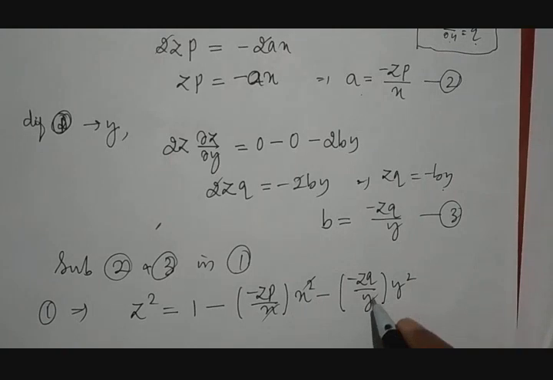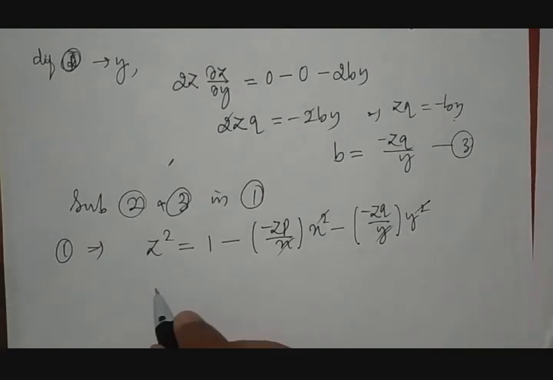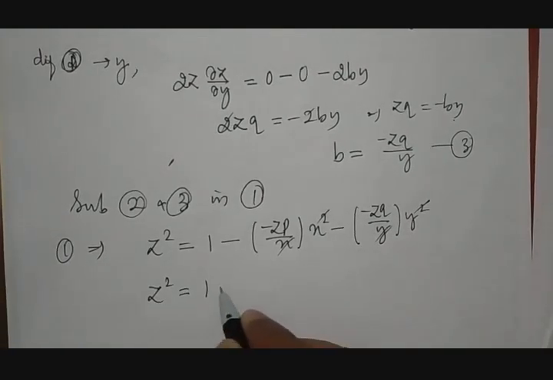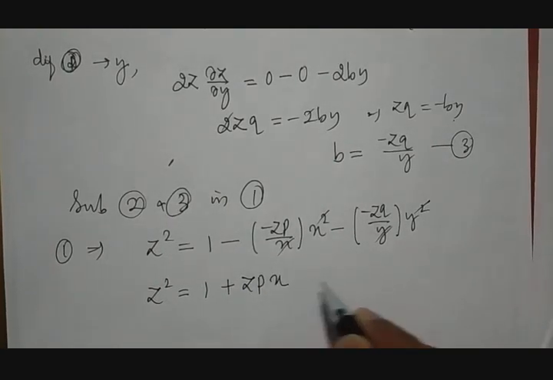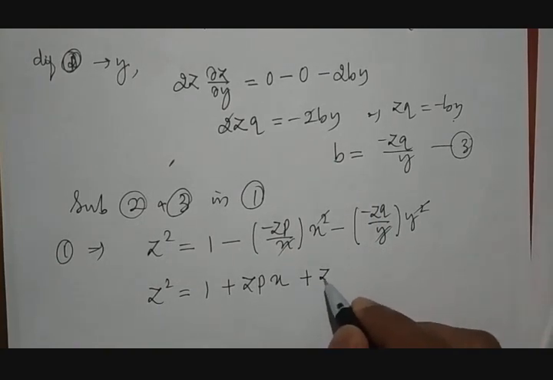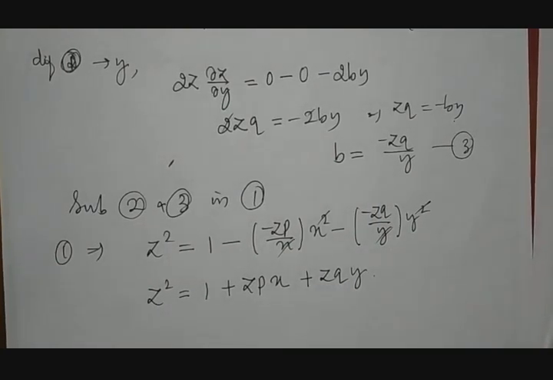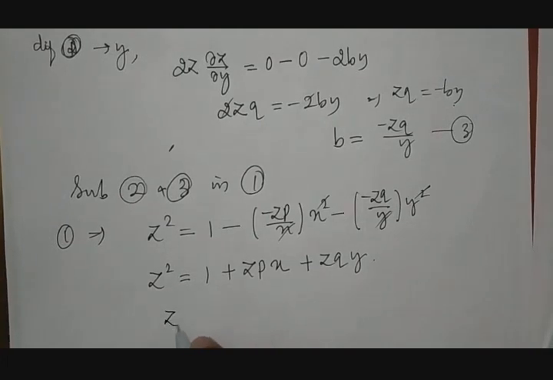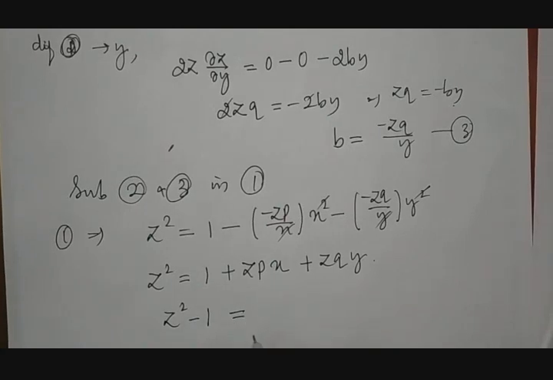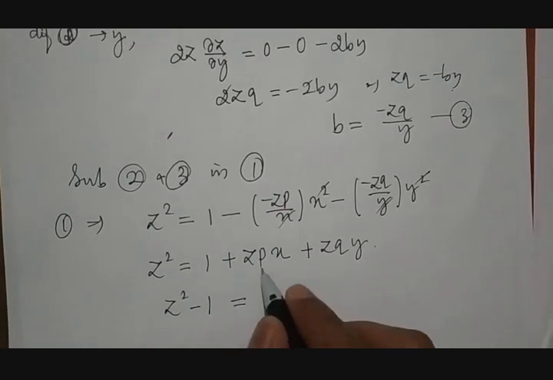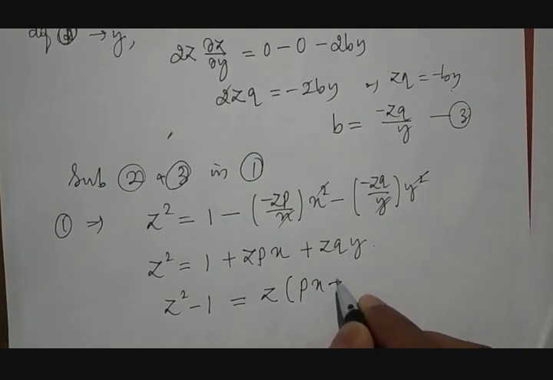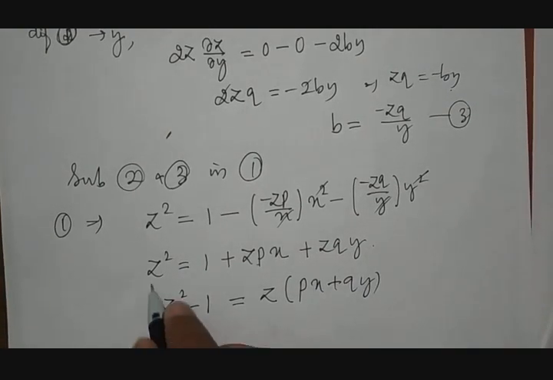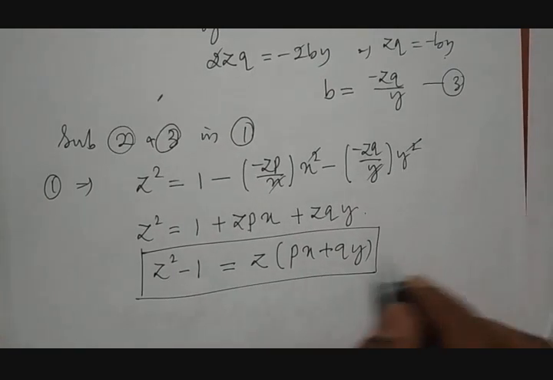Here x gets cancelled, y gets cancelled. Therefore it becomes z square is equal to 1 minus of minus is plus zp into x, again minus of minus is plus zq into y. Therefore we take this 1 to the other side, then it becomes z square minus 1 is equal to, taking z common from these two, z into px plus qy. So this will be the required